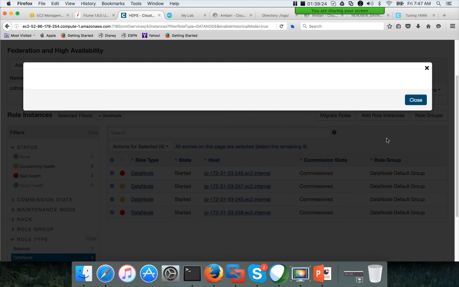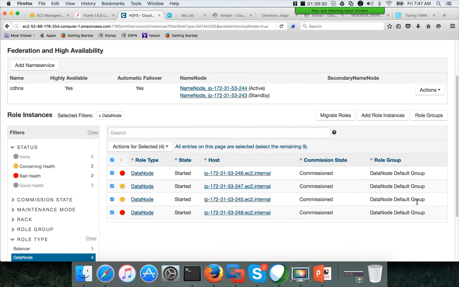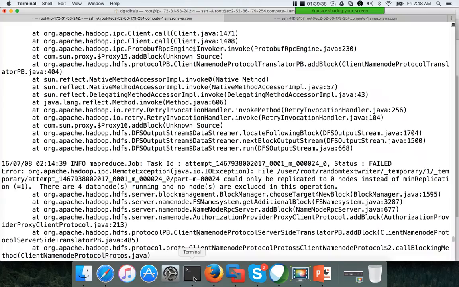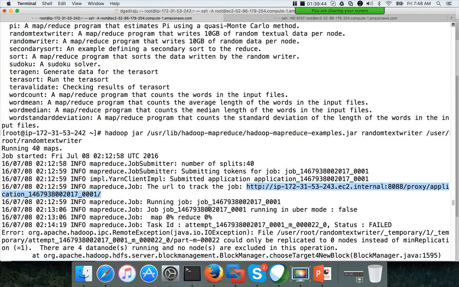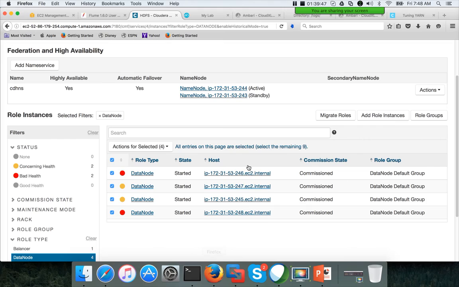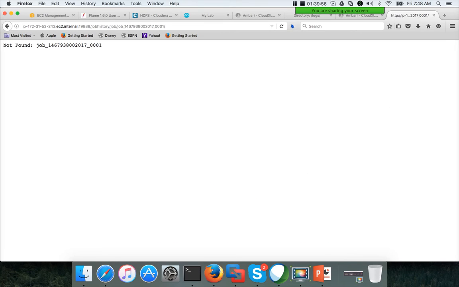We'll be getting into Q&A in a moment. Let me fix this issue and try whether I will be able to run the job and show you the details. Anyway, I can still review, so no need to worry. Once the job is submitted, it will generate this URL. You can use this URL, go to the browser, and paste it over here, and it will take you to the application. Because HDFS is not up and running, it's showing not found.